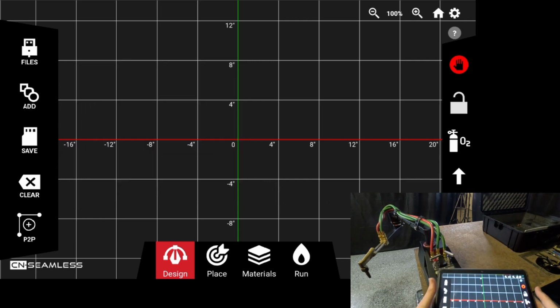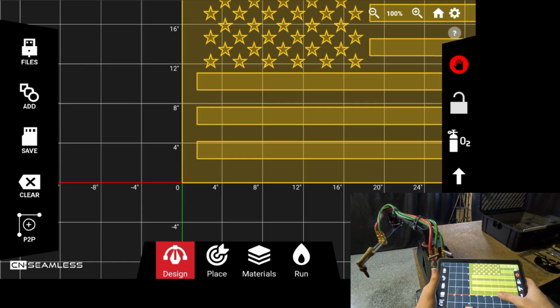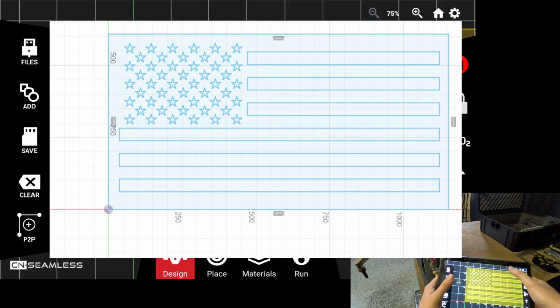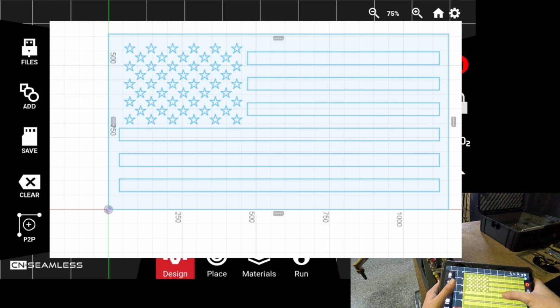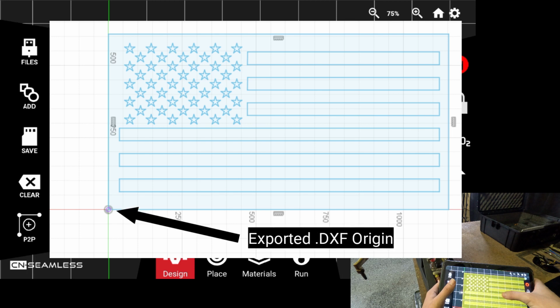The file loads into the design space with the same origin that it was exported with. This is a screenshot of the .dxf sketch right before exporting. Since the bottom left of the outer rectangle was the origin in the exported DXF, it loads into the workspace